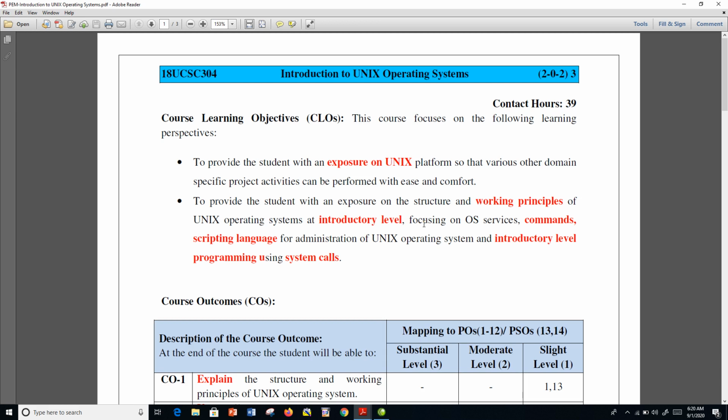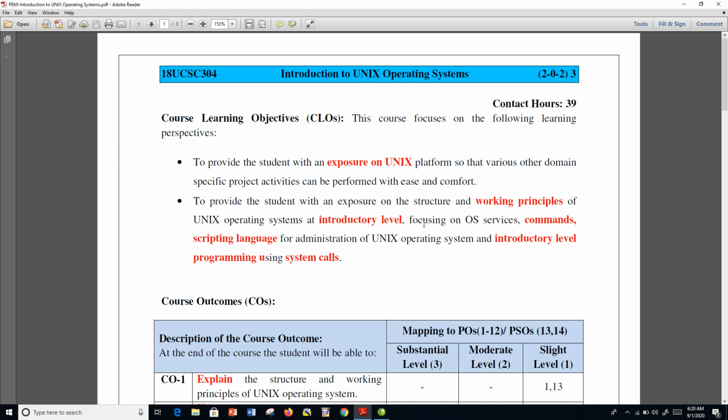This is the course on Introduction to Unix Operating System. Course code is 18 UCSC 304. It is a 202 model, resulting in 3 credits, 2 hours of theory session and 2 hours of practice-based session. The course Introduction to Unix Operating System focuses on giving you an exposure to the Unix platform, which includes